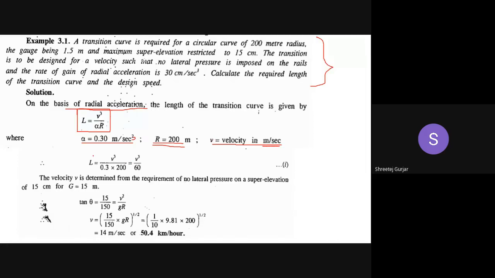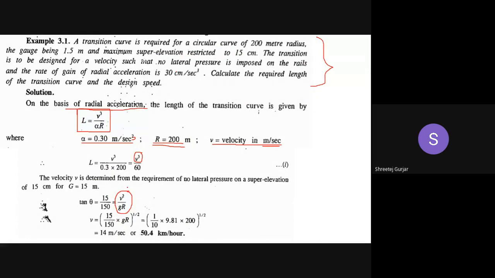Okay. So now to calculate this particular length, we substitute everything. We keep small v as it is in this particular equation. So L is equal to V cube by 60. Now, this particular centrifugal ratio, we know it is V square by GR, right? That particular value can be calculated.